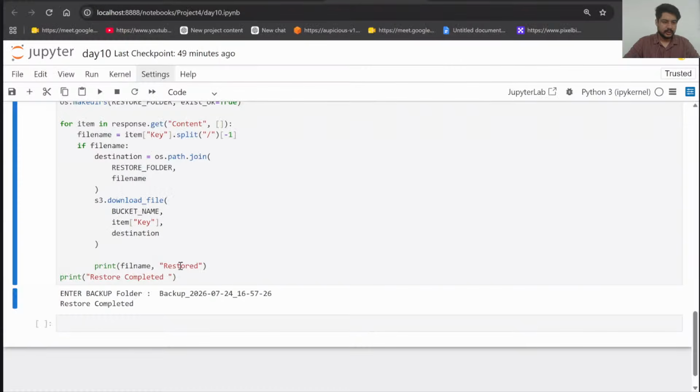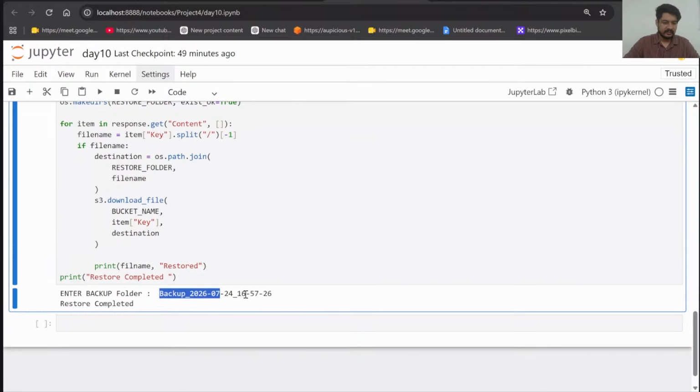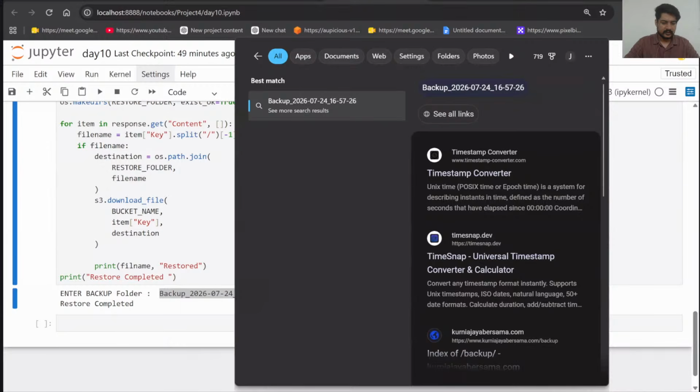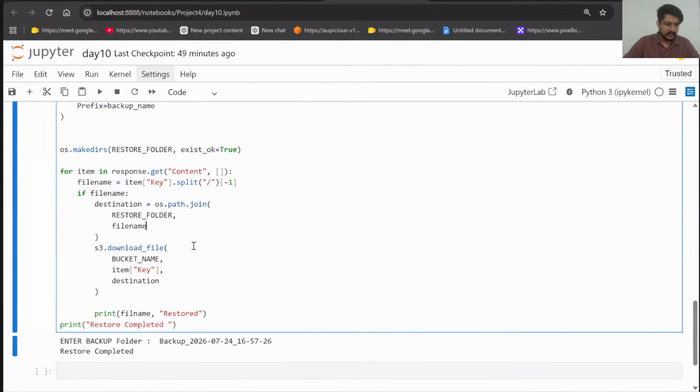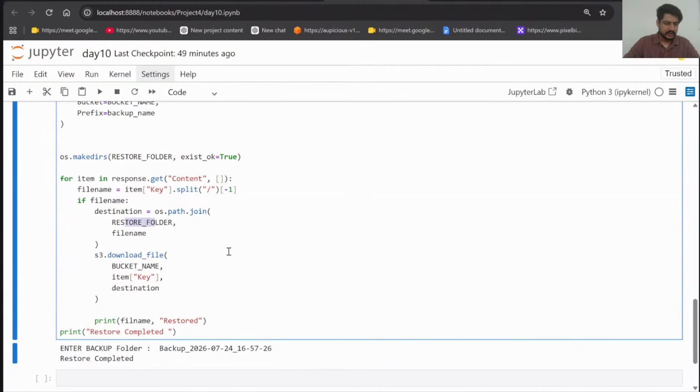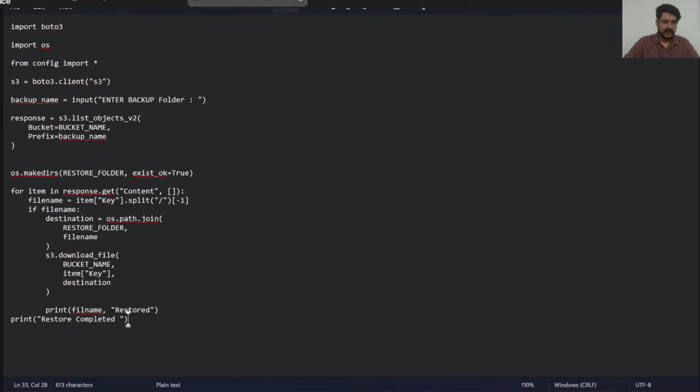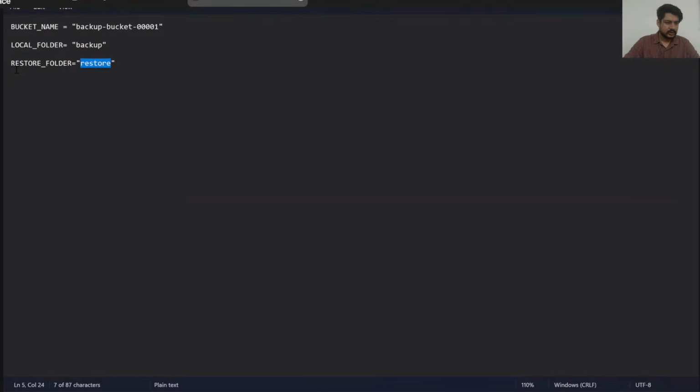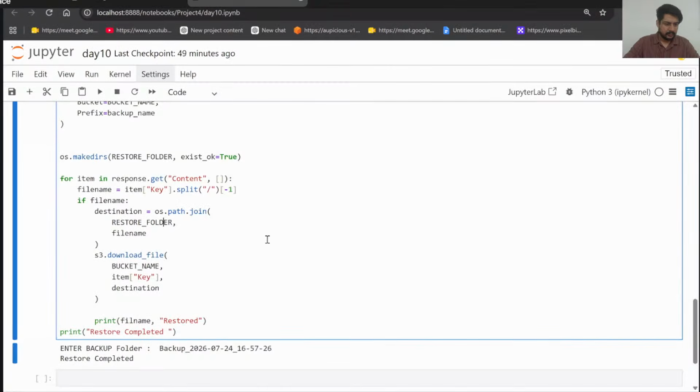So now coming back to my Jupyter notebook. Technically it will store it somewhere, guys, I can find it in this folder somewhere. I can search for this name in my system. It's not visible here, but let me cross check where it is storing, restore underscore folder. Actually this is not restore underscore folder. In my config file, I have given it as restore, so the key name should be proper. The same folder and the file name. It will download the file using the bucket name and the key, retrieve it and give it over here. So it looks fine.